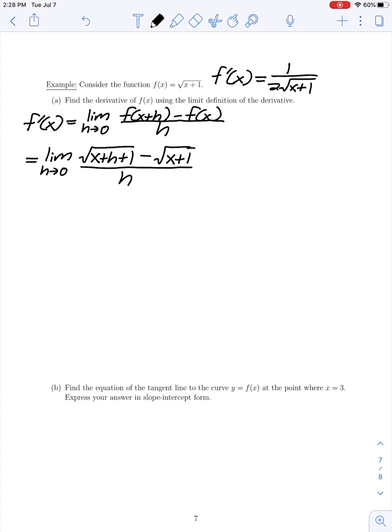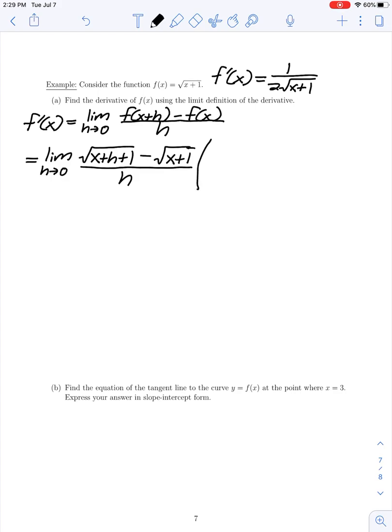So to evaluate this type of limit, we had seen in section 1.1, we could make use of rationalization of the numerator. So if we tried to plug in 0 for h, we end up with an indeterminate limit of the form 0 divided by 0. So we can't evaluate the limit by simply plugging in the given value of h as before,